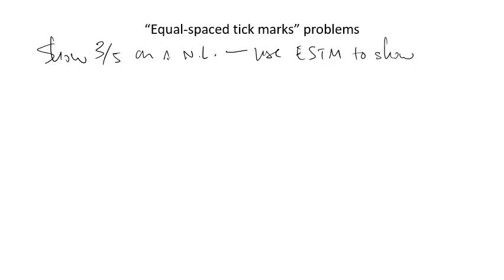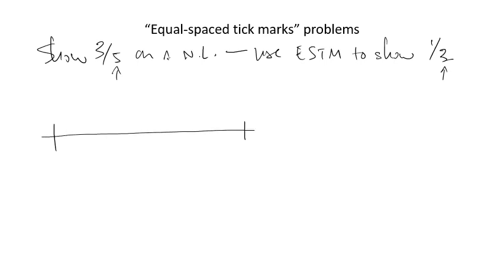But if we have a problem like show 3/5 on a number line, and then we're going to use equally spaced tick marks to show 1/3. And so now you can see the issue that this is in fifths and this is in thirds. So it's going to be a little bit harder to sort of show where this is. Really like these problems. So let's start